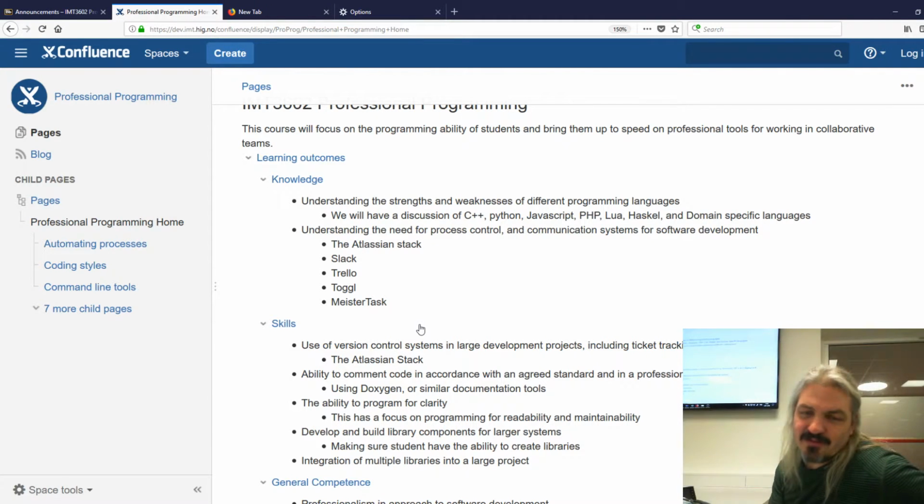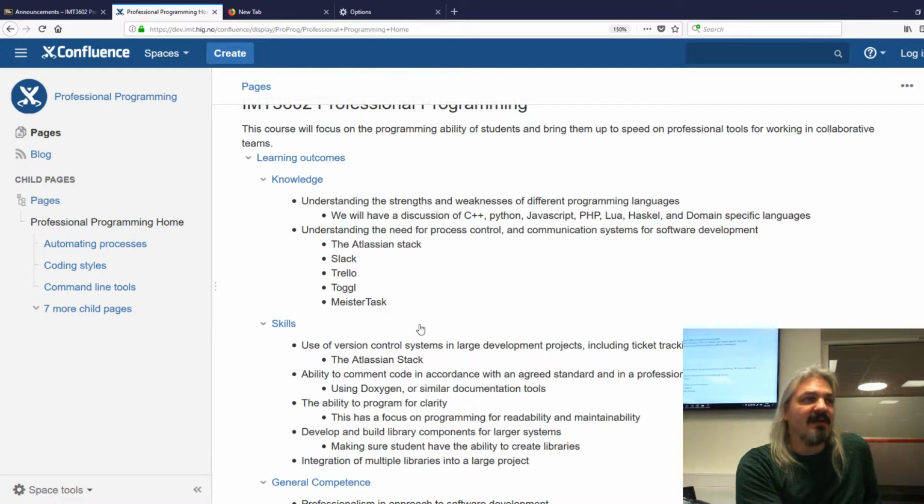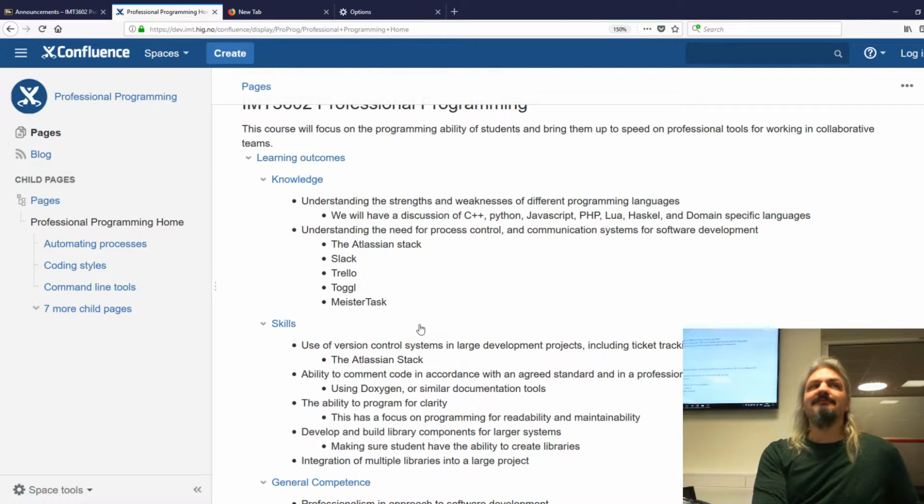Under the knowledge and skills and general competence, we want you to think about other programming languages. Hopefully you've been exposed to some programming languages. Have any of you used Haskell? Any functional programming languages at all? Nope. Anybody use Prolog or logic programming languages? Nope. I assume some of you have used JavaScript and scripting languages, yes? Good, excellent. C++? Yes, everyone used C++? Maybe C a bit? Okay.